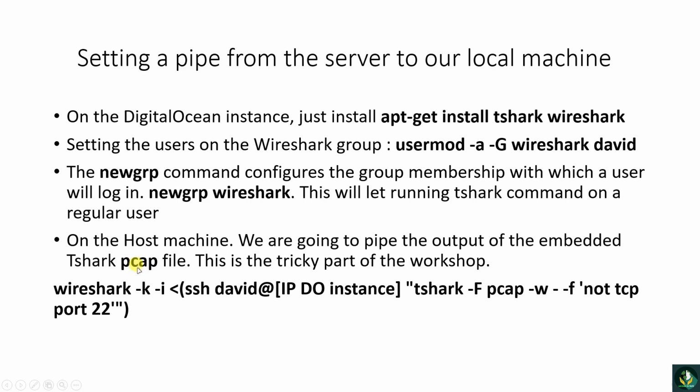So make sure you remember, because this is the Wireshark file, and this is the tricky part for the workshop, and this is the final command line. So let me define. As you know, Wireshark is the Wireshark command, and -i is the interface, and -i is not necessarily a network interface. In this case, a live stream interface going to output the redirection,